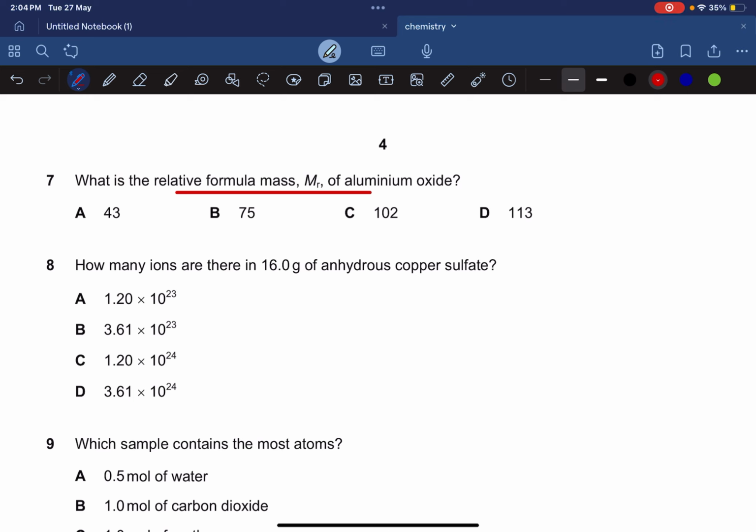And one important thing over here, why do you think they said formula mass? Why did the examiner not use the word molecular mass? Because that could also be used. The reason for that is simple. Aluminum oxide is an ionic compound, and for ionic compounds you use the word formula mass, not molecular mass. Molecular mass is used for molecules, and formula mass is used for ionic compounds, because in ionic compounds you don't